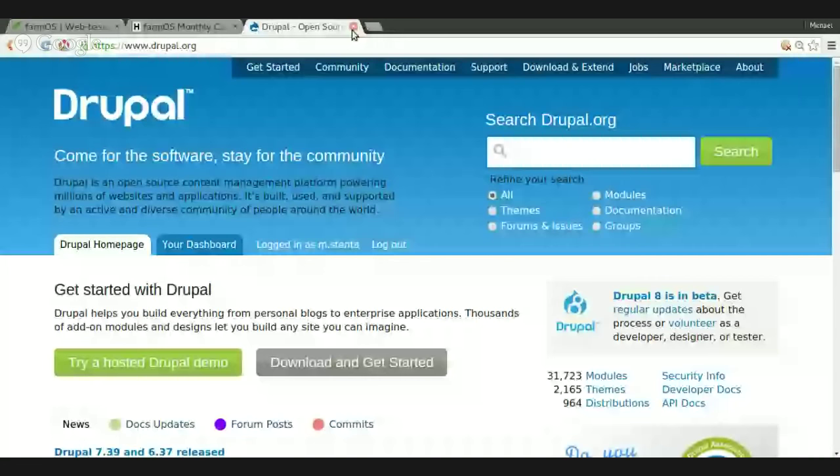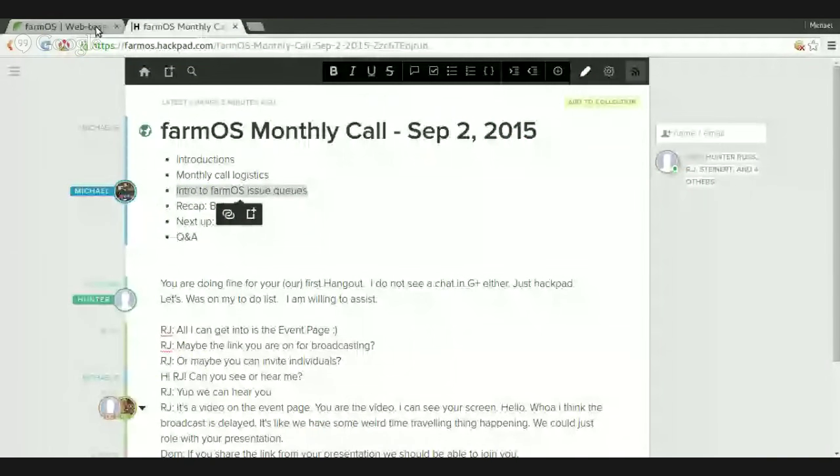So it provides us with a lot of flexibility, security, and a lot of great things out of the box, like user management and roles and the entity system. I won't get too far into that, but